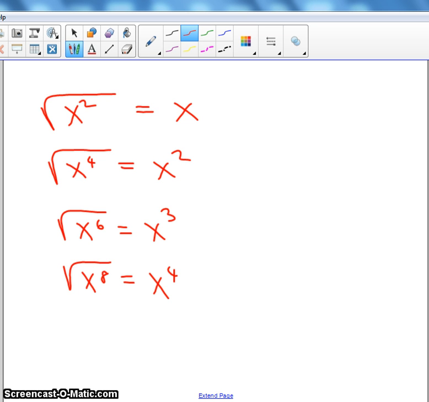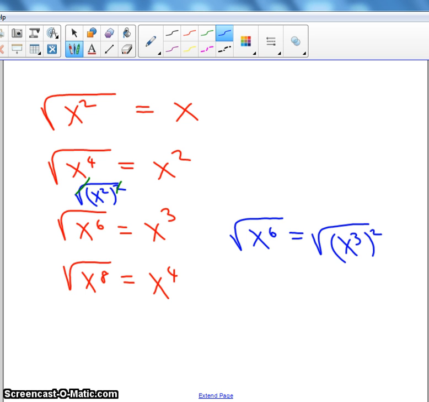One way you can look at this is the following. If I change the square root of x to the fourth to the square root of x squared to the second, the idea here is that the square is canceling with the square root. I'll do the same thing with x to the sixth. The square root of x to the sixth is the same as the square root of x to the third to the second. And as we've seen before, the square root and the square cancel, leaving me with